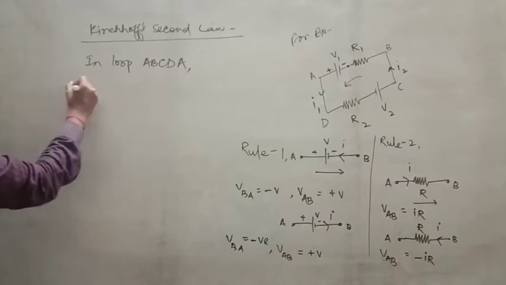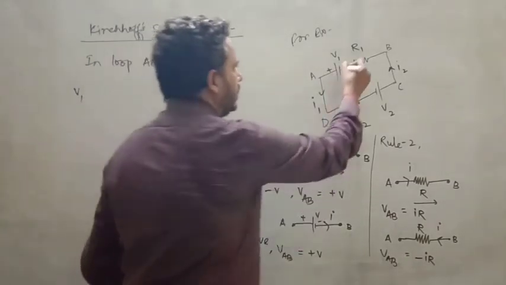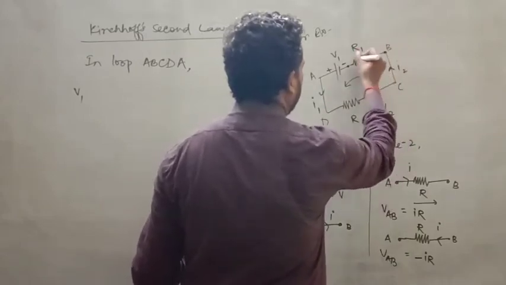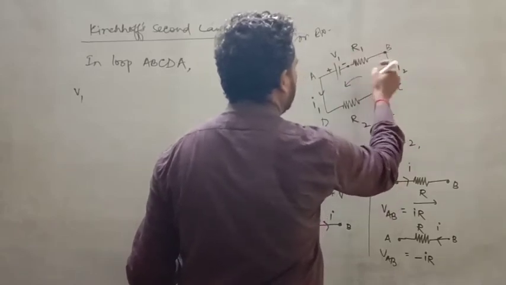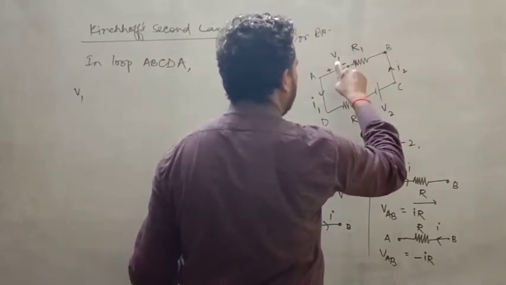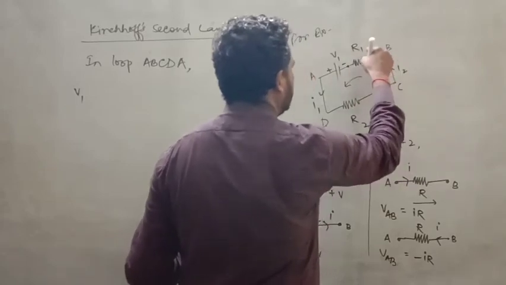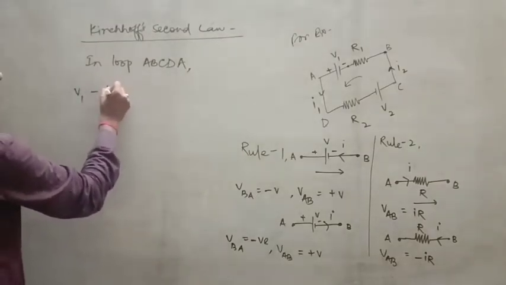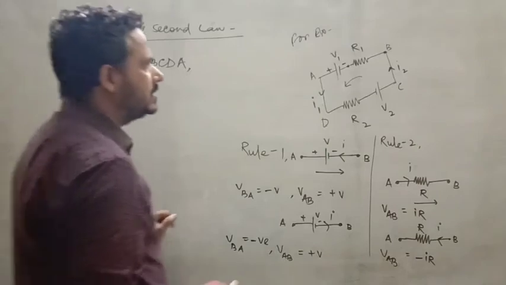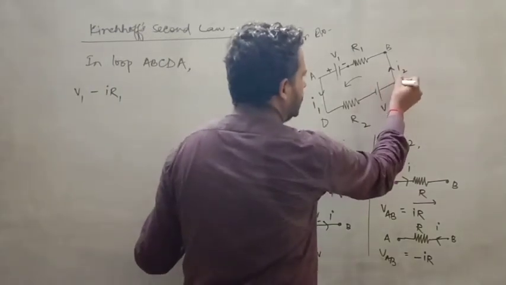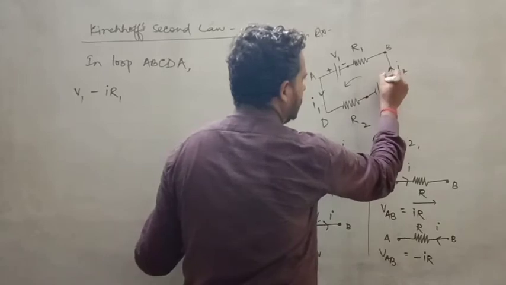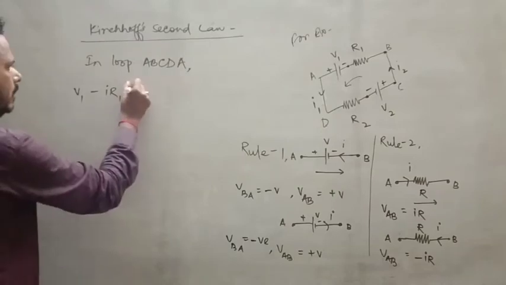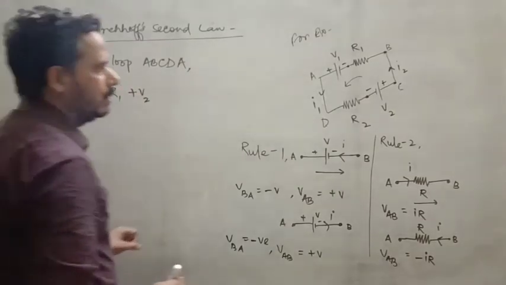Again you are entering at this point to B. What about the current? Your current is flowing in the anti-clockwise direction. That means your current is flowing from B to A, and you are entering A to B. That means the potential drop in this resistor R1 would be negative, and that is equal to I R1. Now in the same manner you are entering here C to this branch, higher to lower potential, that is positive to negative, so you have to take V2 as a positive potential drop in this EMF.